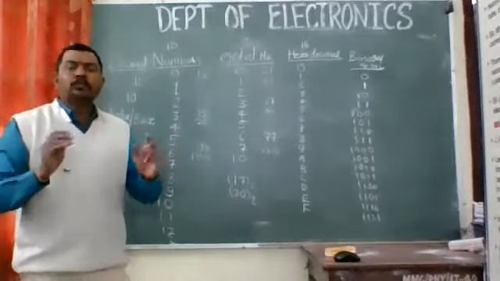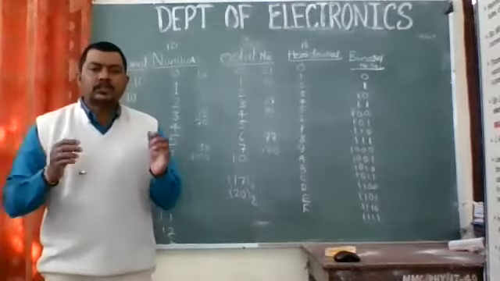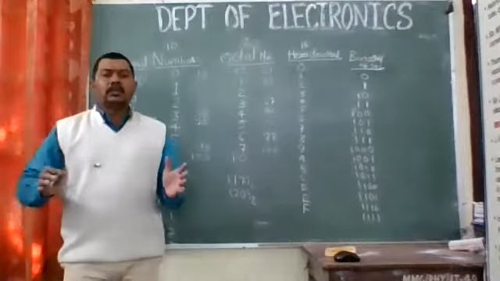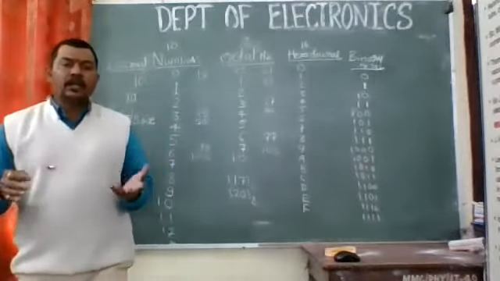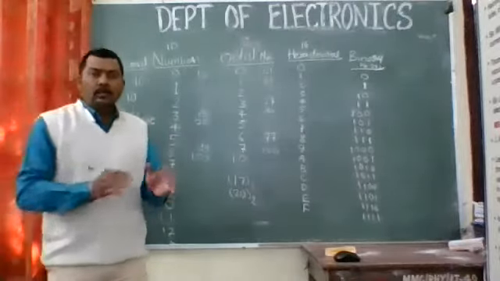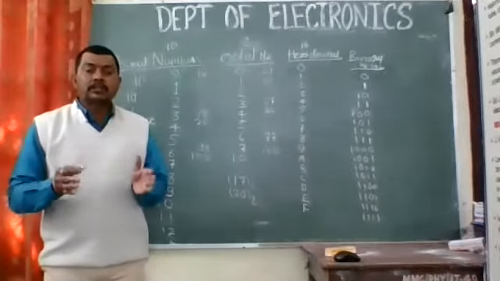Up till now, we have not put it with the number because we were only using the decimal number system. So it is a general or universal phenomenon that if you write any number, it is taken for granted that it is a decimal number system. But now in this chapter, we have to specify whether that number is decimal or octal.